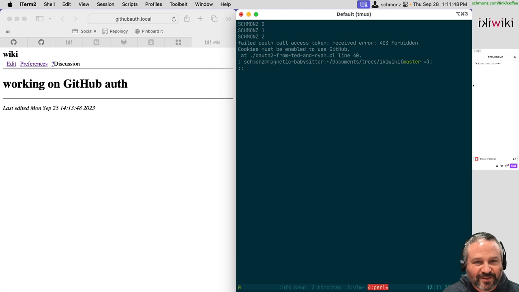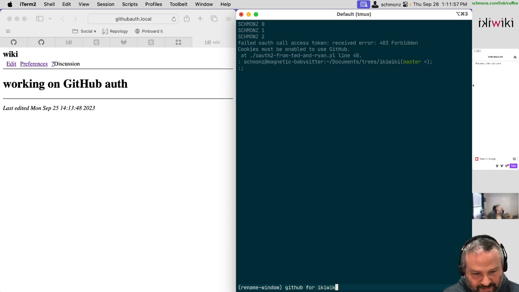Okay, so I have some debug printf stuff going on here. Let's do this: GitHub for ikiwiki. And the thing that I never see is the third one, so that's something to wonder about. And the error message we see before that would have happened is we failed the OAuth call